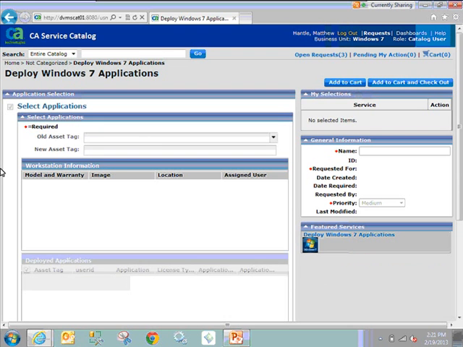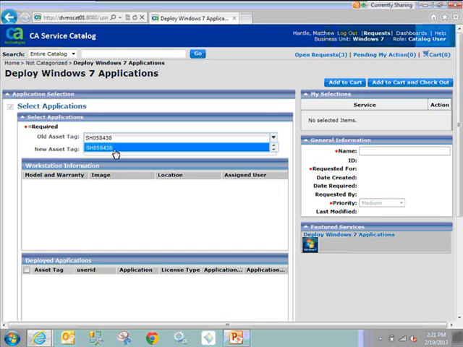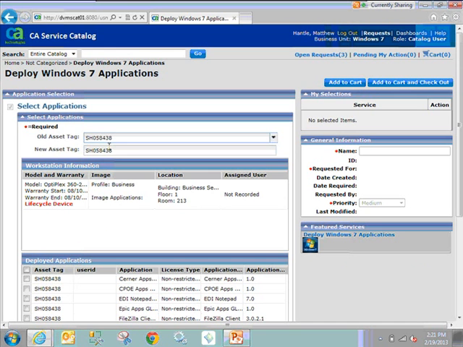As I click here, the first thing I'm presented with is an option to enter an asset tag, and so I'm going to do that. We have an asset tag on every workstation, and so the example I'm going to see here, 08438. We validate that that is a legitimate asset tag before we proceed, and we do that with a quick lookup query. As we click on that asset tag, the new asset tag field gets populated with the same value as the old asset tag,